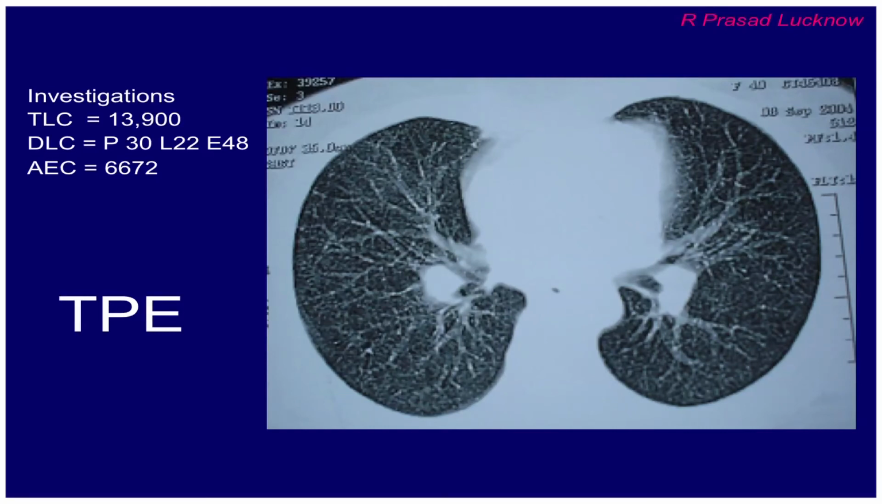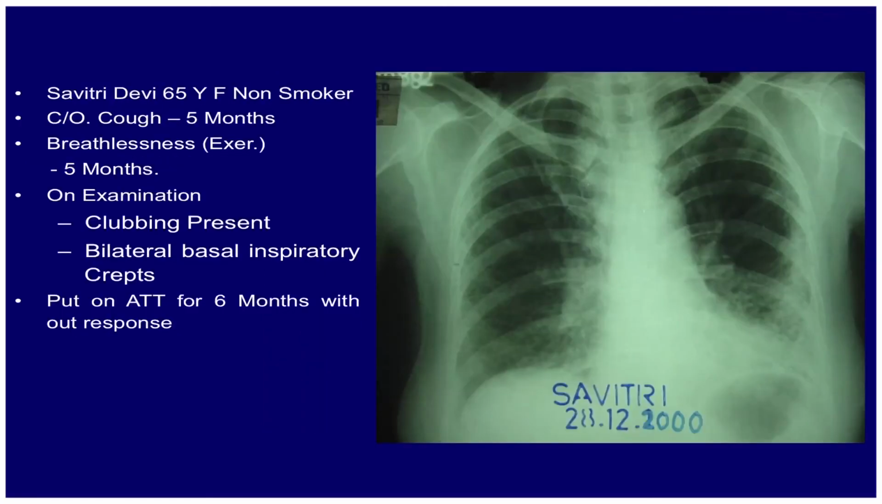She became asymptomatic, her chest X-ray and CT finally became normal. This is another patient, about 65-year-old female. She was a non-smoker. She had cough and breathlessness for 5 months. Now, if somebody had breathlessness for 5 months, and then on examination, if clubbing was there, and the most striking